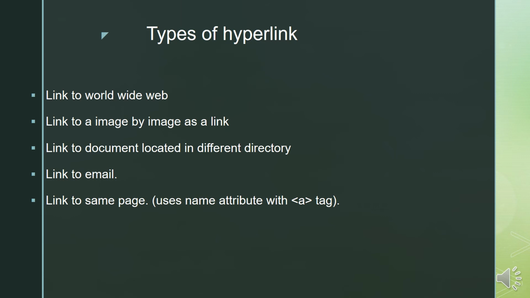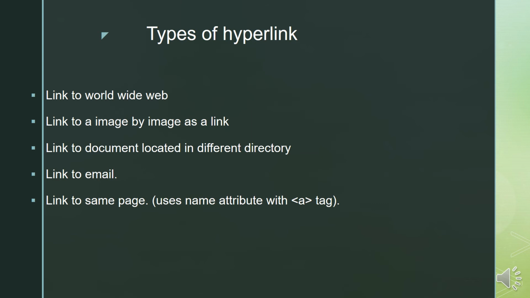It is done by this method, where the image tag is placed between A and closing A tag. You should know the exact location of the actual image, so you have to find out the location. That image file is displayed as a button or a small icon in the web browser.